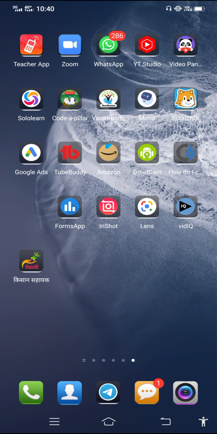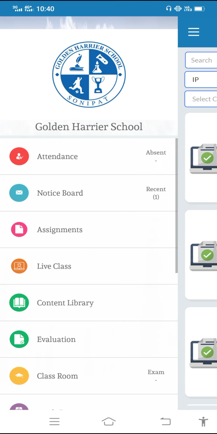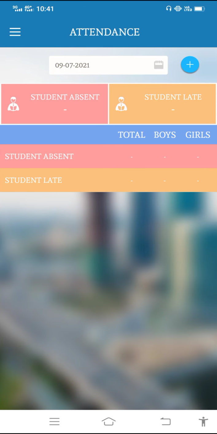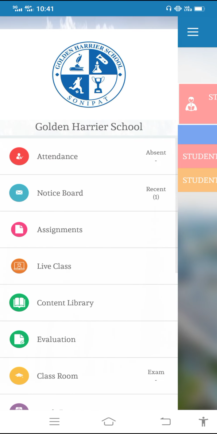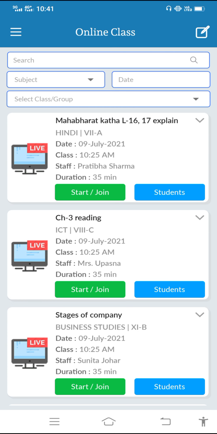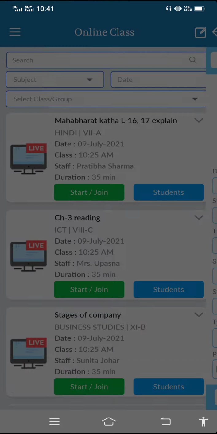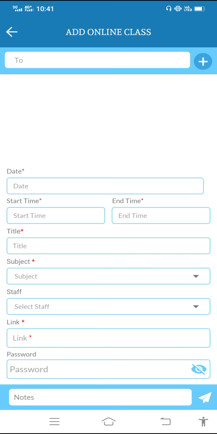So first of all, we have to go in the teacher app. If you go in the teacher app, it will show like this in live classes, because earlier the interface was different. Now Neverskip has updated the interface. So what you have to do, just right click at the top, one option is there beside online classes, just click on that, then these details will be there.